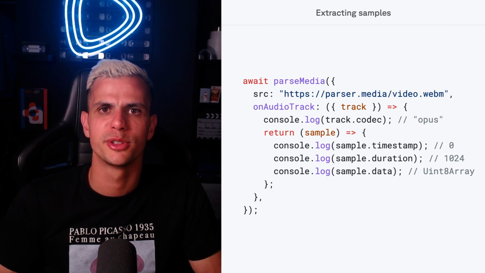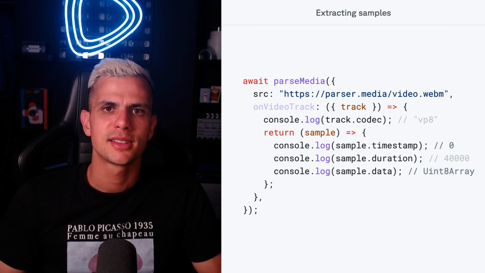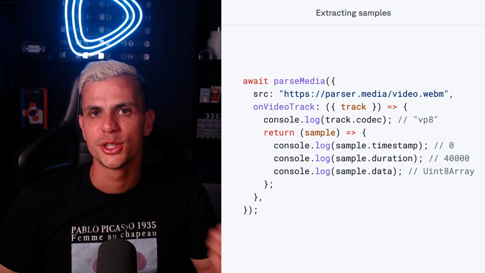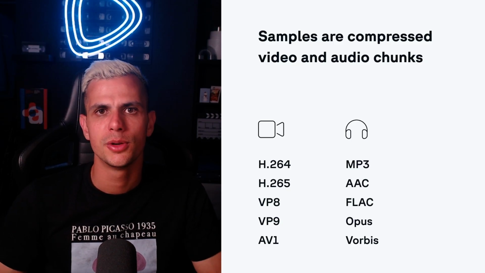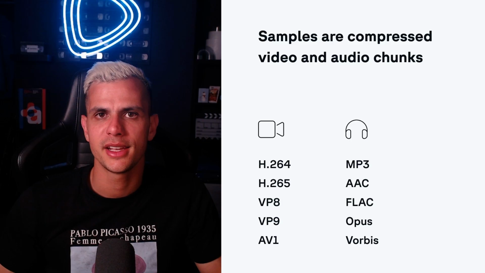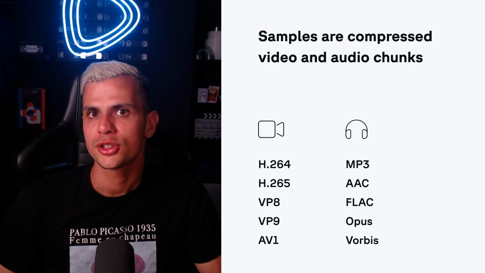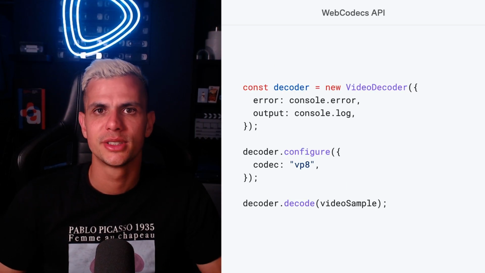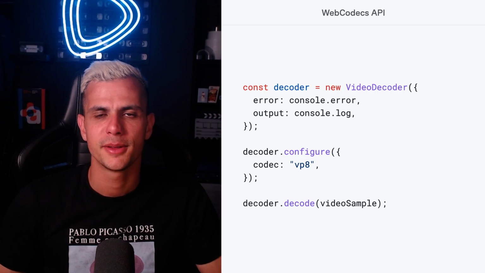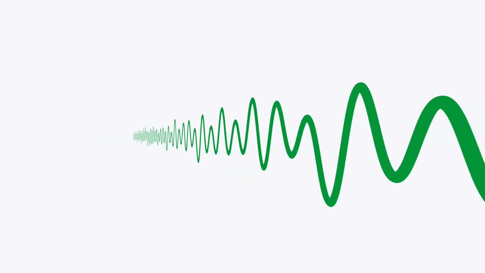You can also extract audio and video samples from your media files. Samples are small chunks of data that define what you see and what you hear in a video. But they are encoded using codecs like H.264. Fortunately, we can decode these samples in the browser using the Web Codecs API and turn the samples into images and waveforms.